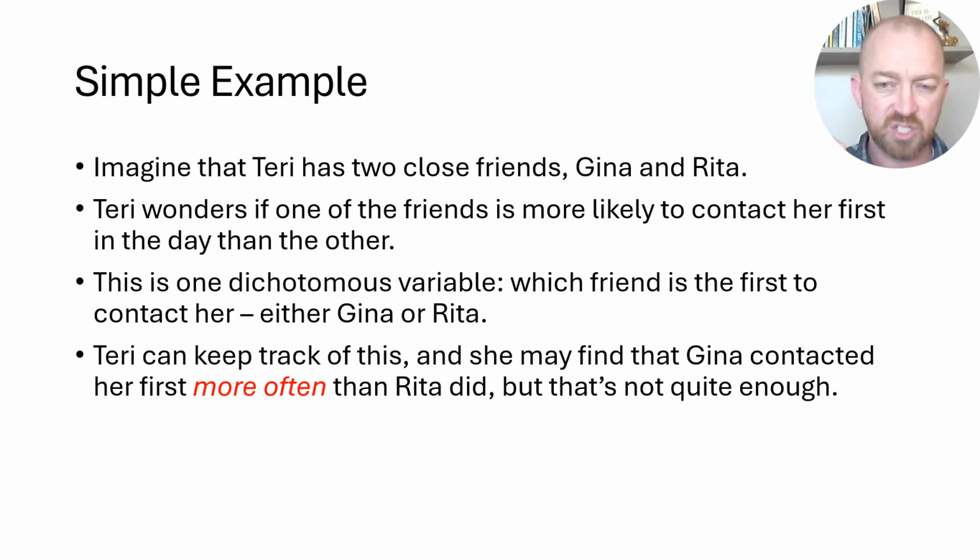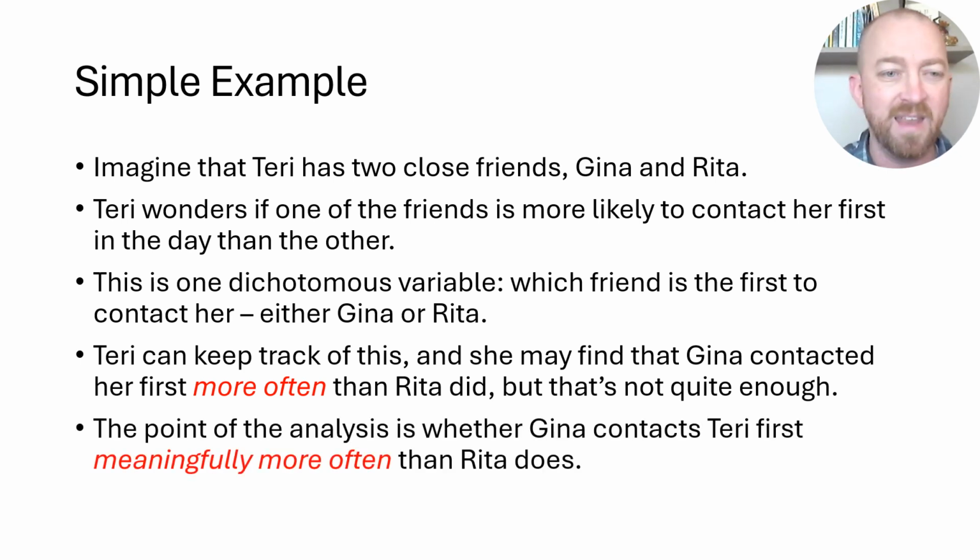In this case, it's going to be one value or the other every day. It's going to be Gina or Rita, and it's not about frequencies. It's just about who's the first one, and then these counts as they occur. Okay. Now, she's interested then not only in who is more often the one to contact her first each day,